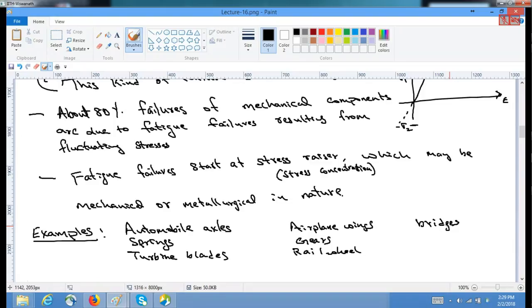We don't want them to fail after a few cycles. We want to design so that they can still last the intended life. The life can be in terms of years, but when it comes to fatigue, we generally talk about the number of cycles, and from the cycles one can back calculate. This is quite an important topic, especially for mechanical engineers, because most of the time, day in, day out,